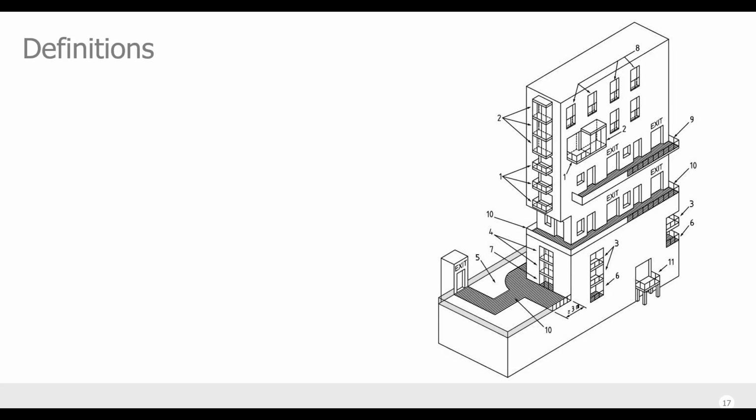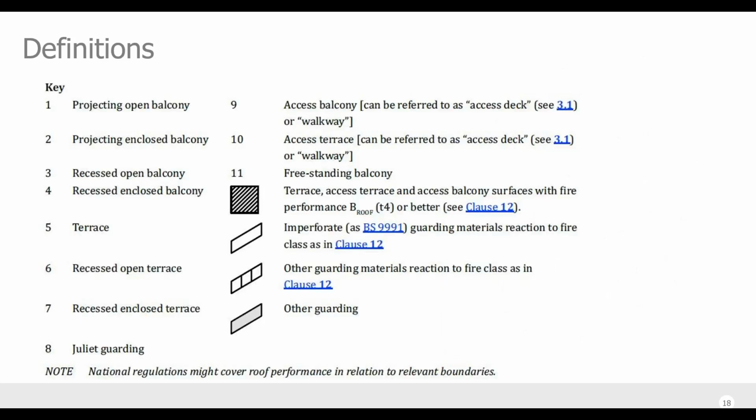It basically started off as a simple building and kind of grew with various protuberances to illustrate all the various features within the definition. So let's have a look at that closely in the next slide. The first four. There's the key. If we carry on to the next slide, we will see the first four